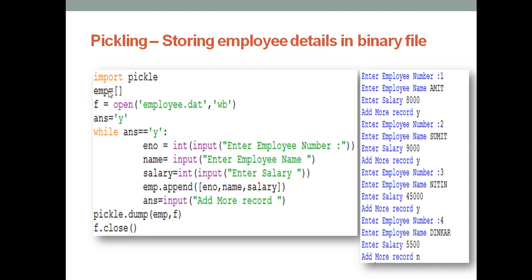I'm taking an empty list here, which will store the list of employees. Definitely it must be a nested list, right? In that, each element is further a list. So let us take an empty list. I will demonstrate on the editor how it will be an empty or nested list. First let us open in write binary mode, give the name of the file, and open with a file handler F. To enter into the loop, there are two ways: either you can write while True, or you can take a variable, a character.